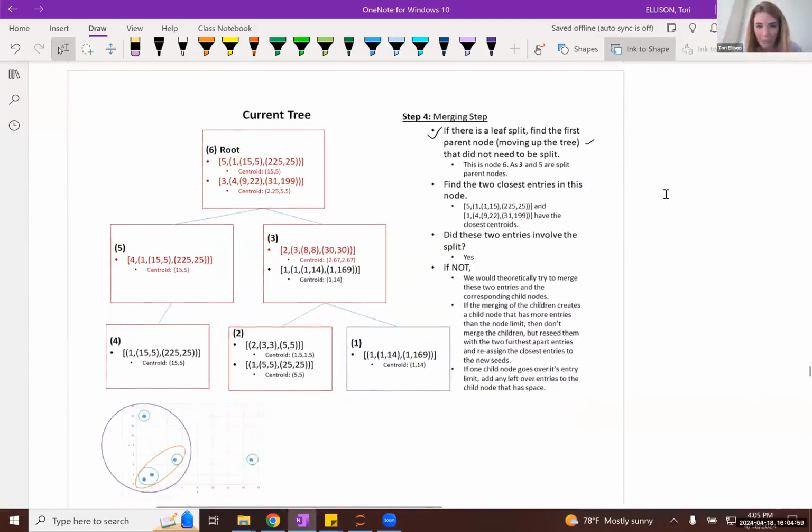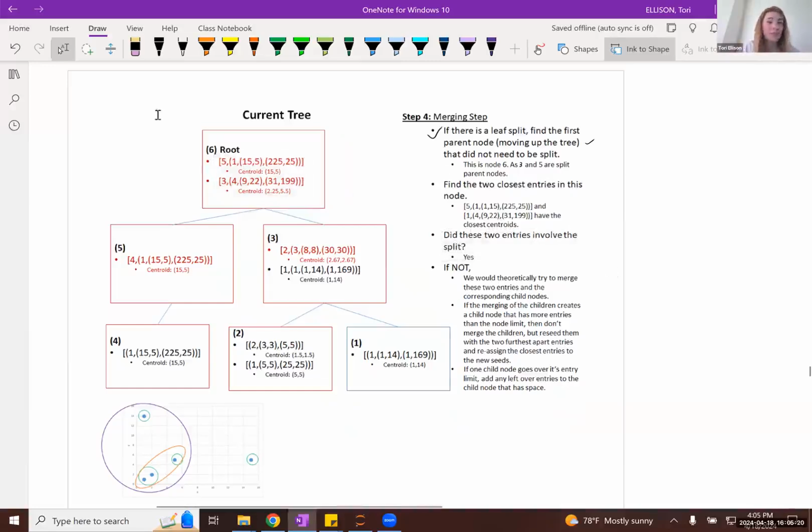And so what you would do is find the two closest entries in this node that you have selected, so basically the first node to not be split. That would simply be the only two entries that we have in this root node. Then you would ask the question: did these two entries involve the split?